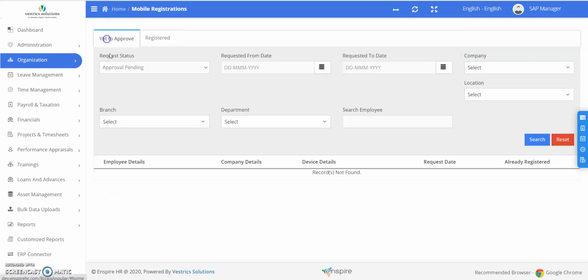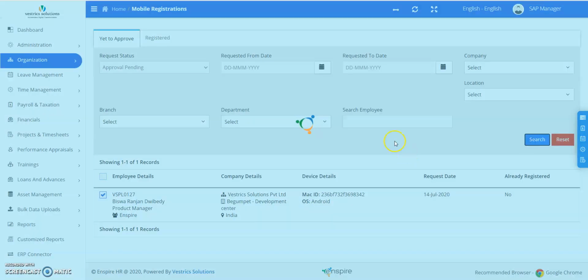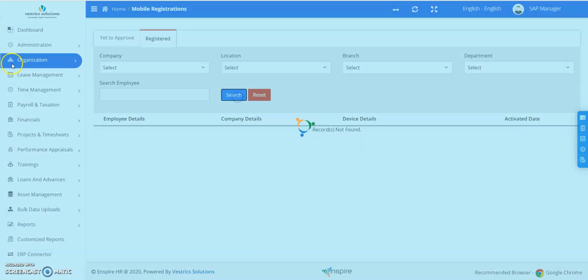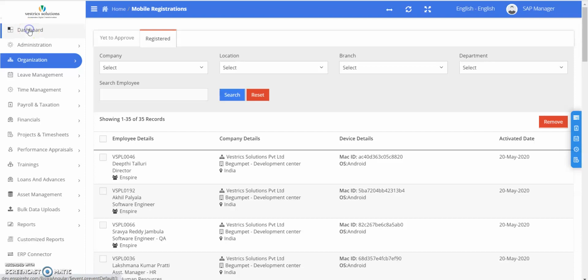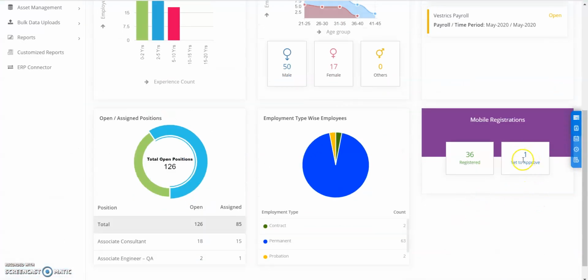In the admin section, yet to approve, click on search. So here you can see it is in yet to approve status. Select this one. Here also you can see it in the yet to approve count.